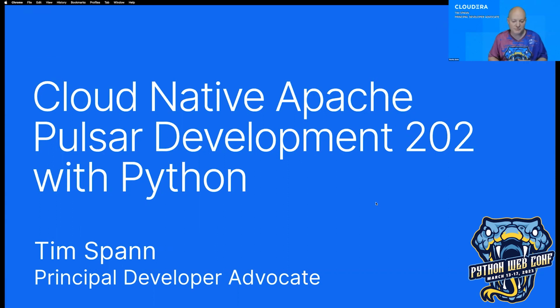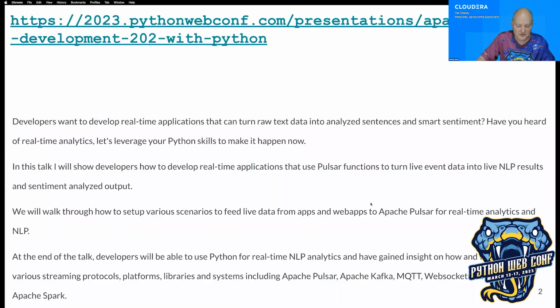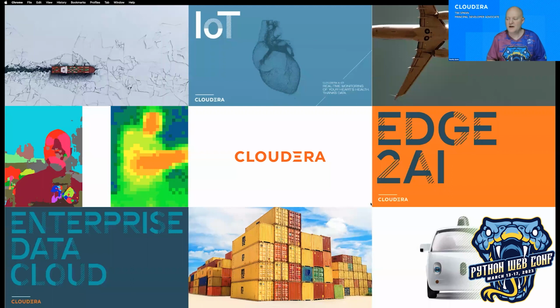I'm Tim Spann, Principal Developer Advocate at Cloudera. My talk is how to do cloud native Apache Pulsar development. And this is a follow-up to last year's. And I'll also show you a little bit on what you could do with Python with Kafka, MQTT, and some